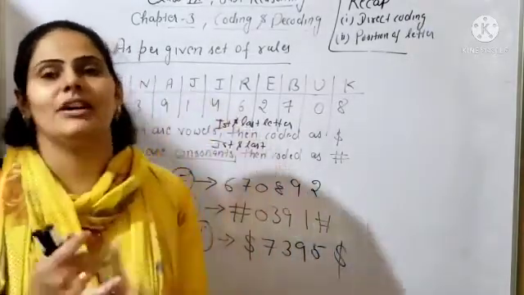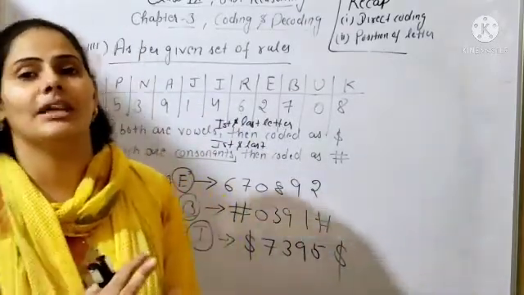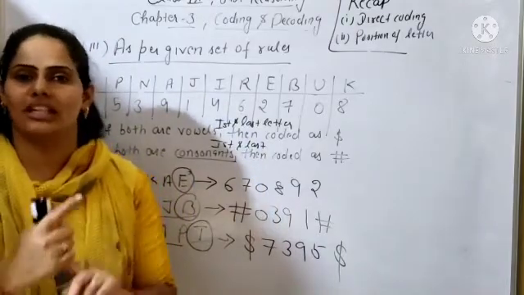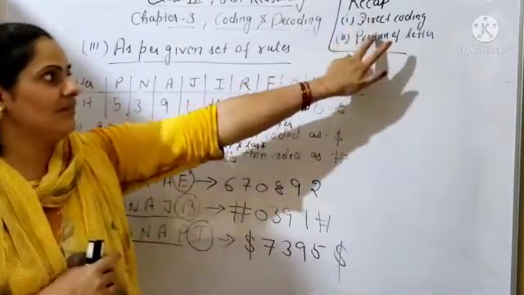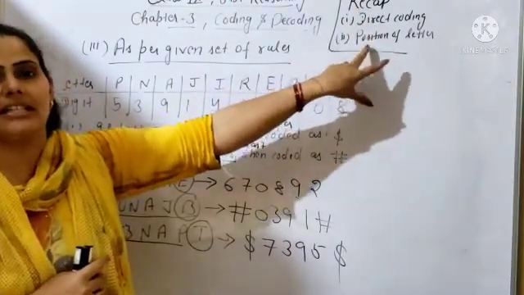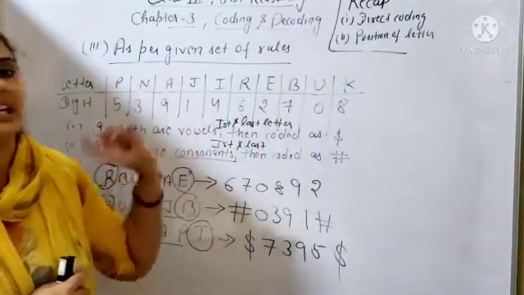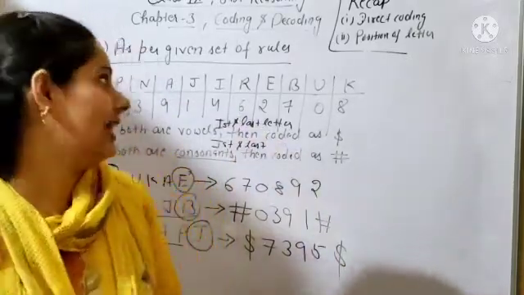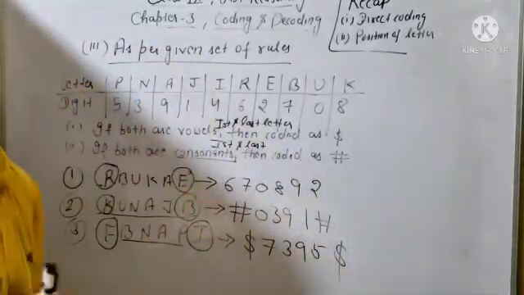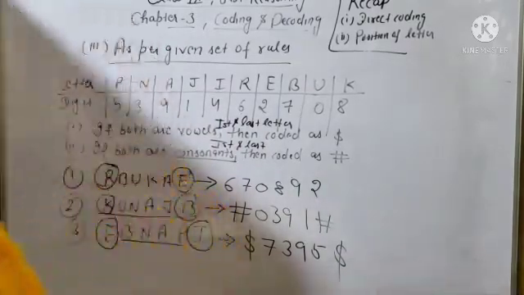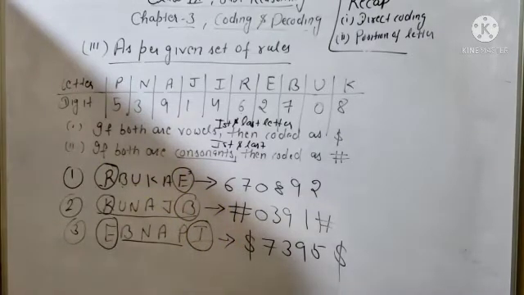Okay. So we have done the first one in coding and decoding. We are doing three types of coding in the number system coding. First one is direct coding, second is position of letters in English alphabet. These two we have already done in the previous class, and the third type is as per given set of rules. So these three types of coding we will do in our first exercise, beta. This is chapter number 3. In exercise 3.1 we will do these three types of coding. Clear? Now we will start the questions from the exercise.